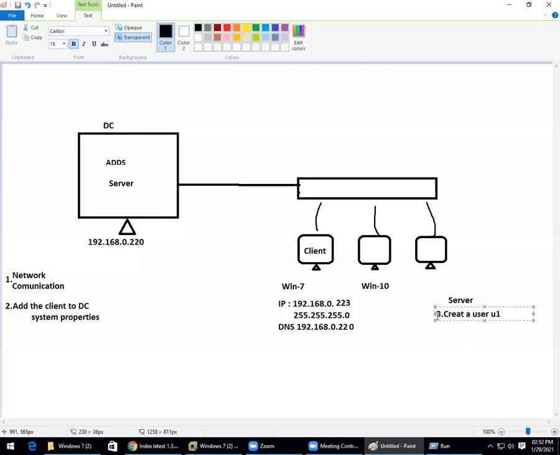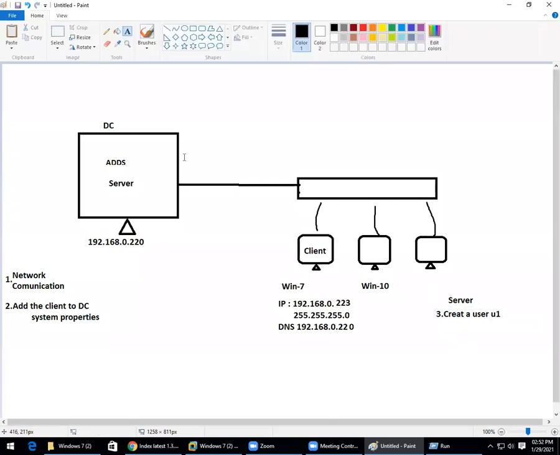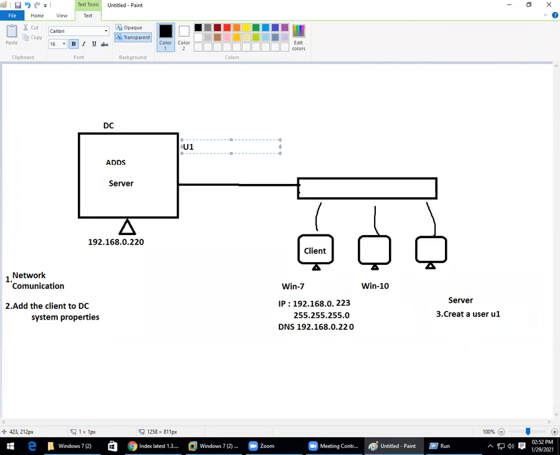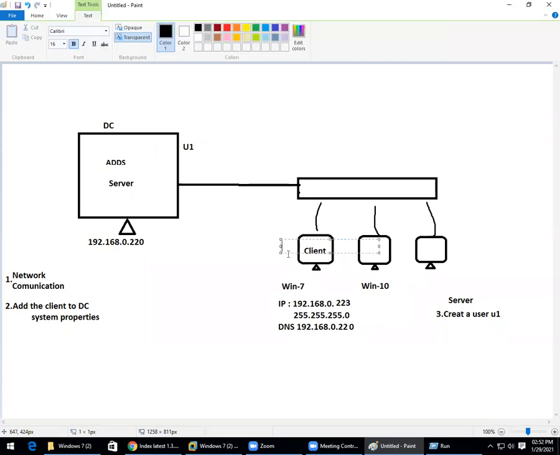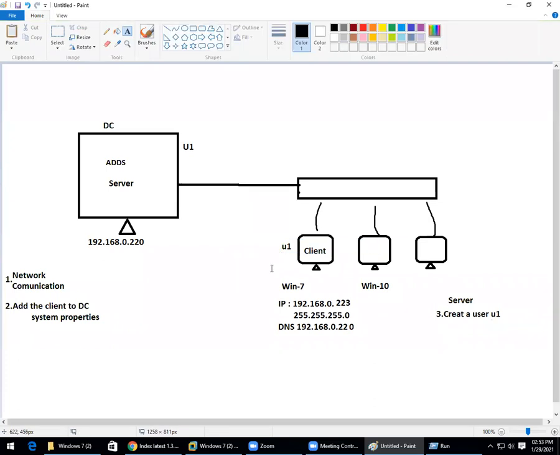This is the third step. This u1, user one, which I created in the server, should be able to log in to the client PC. Let us check it.